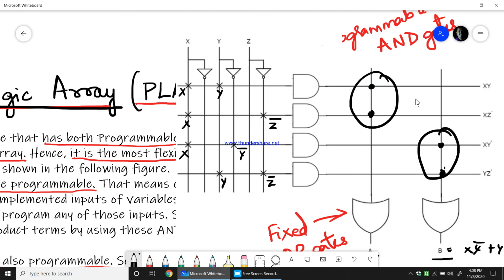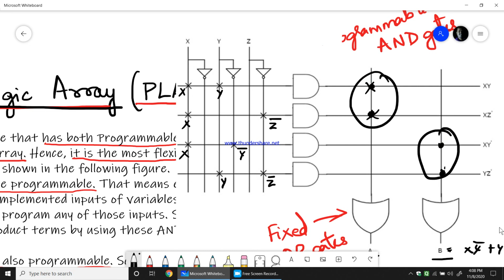You can't make this OR gate work for something else. You can't remove this OR gate so that some other function can be implemented, because it is already fixed to this particular output. If you have programmed it, you can easily remove this connection and put it somewhere else. That is the meaning of programming and fixing.